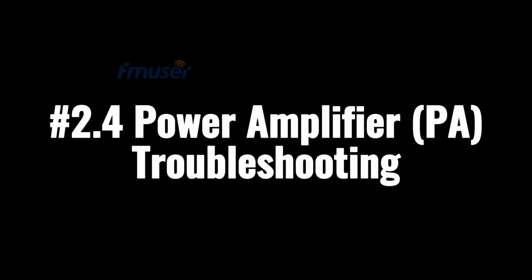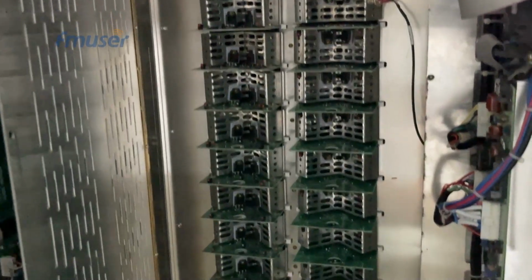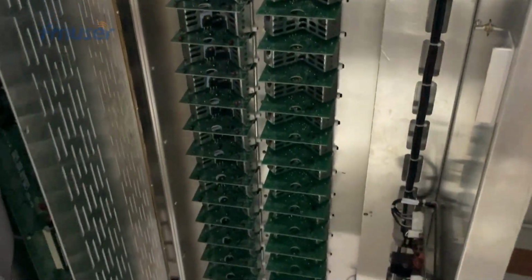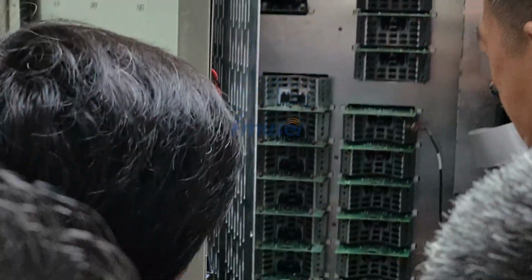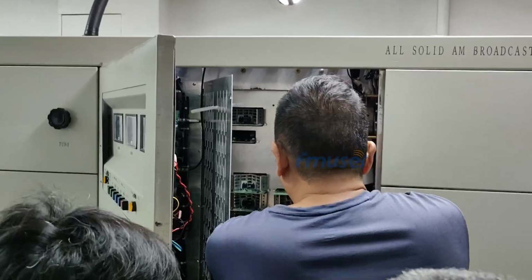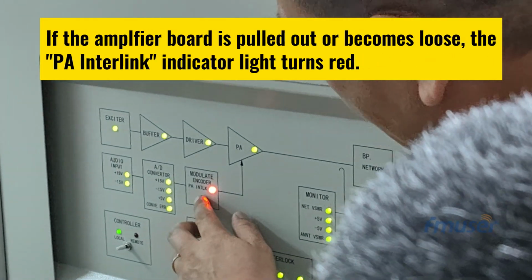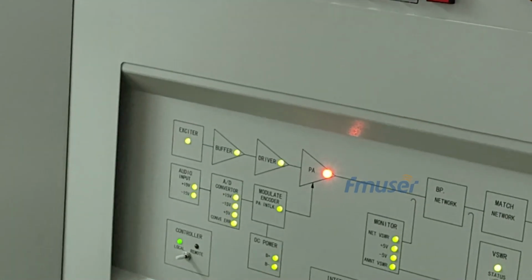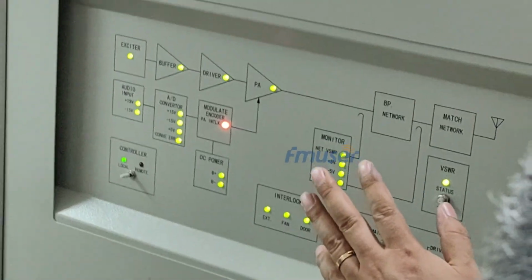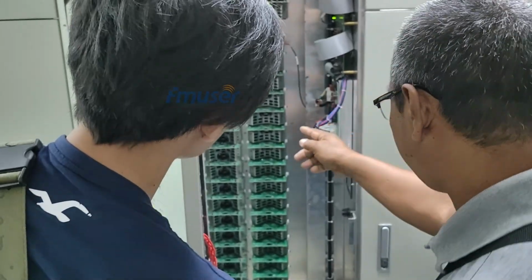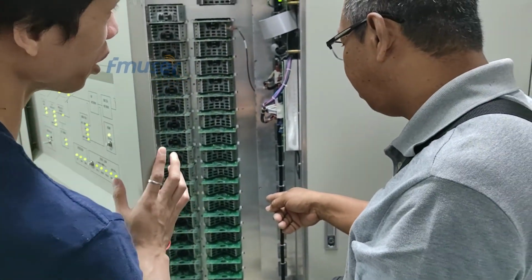PA module troubleshooting. The PA module takes the RF signal from the RF driver or exciter module and significantly boosts its power to the desired level for transmitting over long distances. In the event that the power amplifier board becomes loose or is pulled out, the monitoring panel's PA interlock indicator light will turn red. This serves as a visual alert, indicating that the power amplifier board is not properly connected or functioning correctly. It prompts operators to check for any loose connection or issues that may affect the performance of